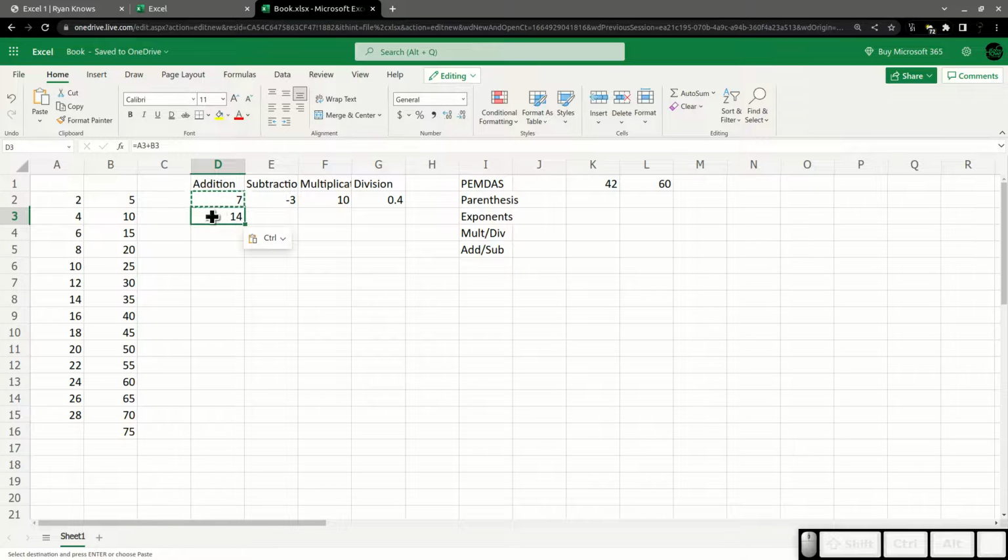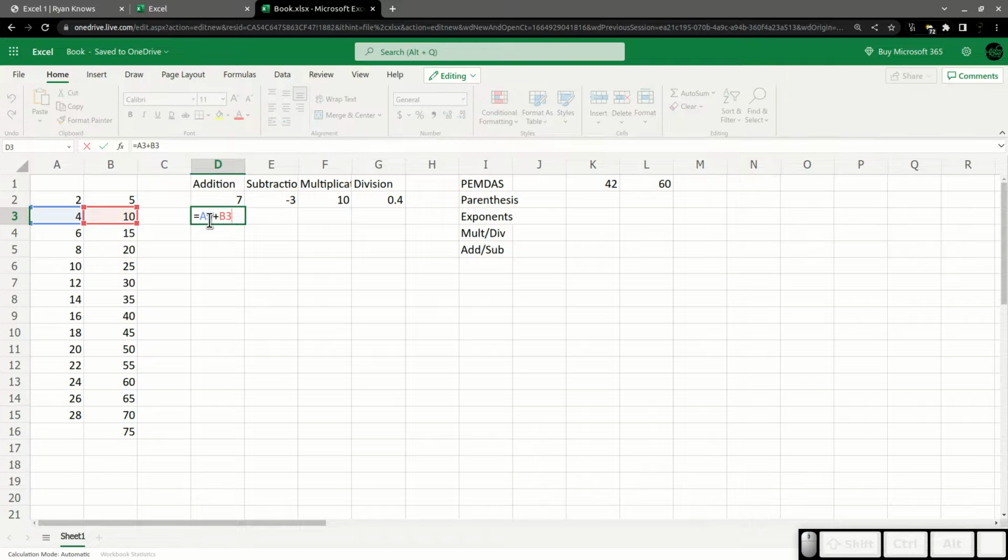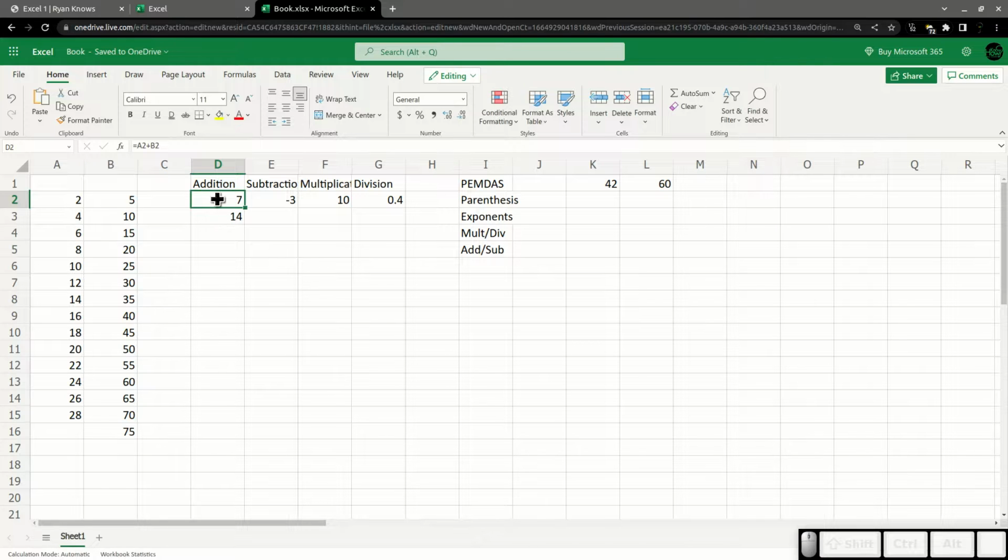And notice what it did. When it pasted it, it changed the formula. Instead of A2 B2, it changed it to A3 B3. It understood that what I wanted was not to paste 7 again, but to add together the two cells that are to the left of this cell.